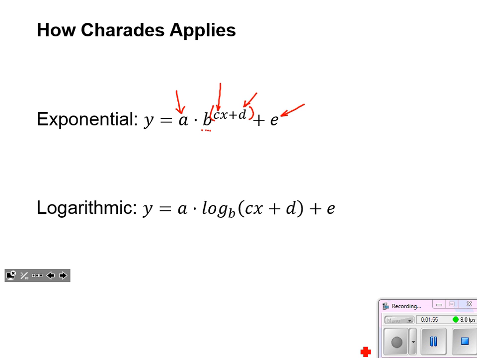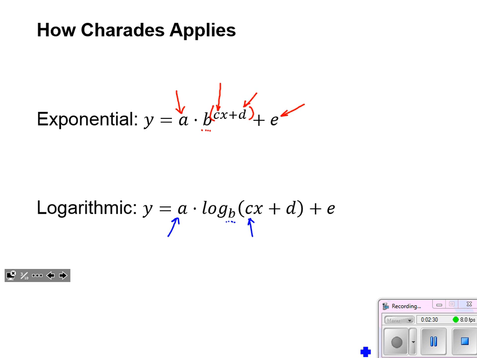And then lastly, we have a place to add a number outside the function that would shift the graph either up or down. And going with it would be the horizontal asymptote on the exponential function. So we'll keep that in mind. For the logarithm, again, we've got the same multiplier out front. And again, that affects vertical flips or stretches or shrinks. Then b, again, that's just the base of the logarithm. That doesn't do anything transformation-wise. It just tells us what type of logarithm we're dealing with.